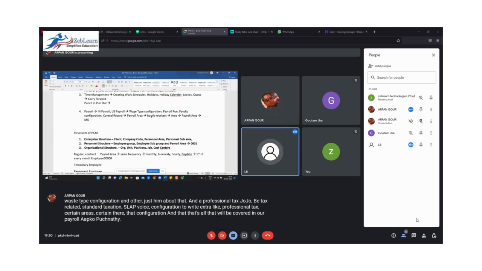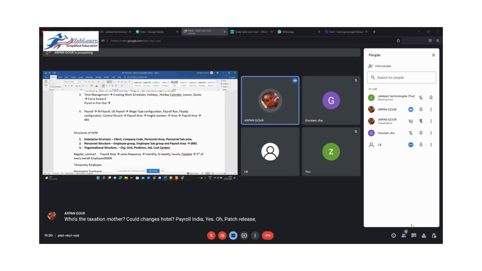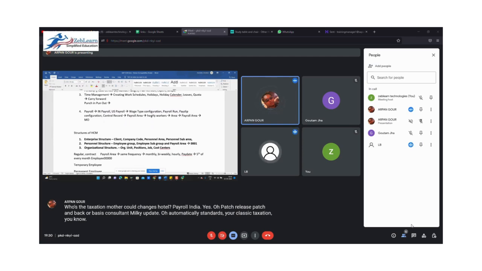तो मैं ये कह रहा था, जैसे टैक्सेशन में कुछ भी रूल चेंज कर देती है गवर्नमेंट, तो उस चीज को सिस्टम में इम्प्लीमेंट करने के लिए कंसल्टेंट का क्या रोल है? टैक्सेशन में अगर कुछ चेंजेस होता है, तो पेरोल इंडिया में एक पैच रिलीज होता है, वो पैच ऐप और बेसिस कंसल्टेंट मिलके अपडेट करते हैं, तो वो स्टैंडर्ड टैक्सेशन ऑटोमेटिकली अपने आप आ जाता है।